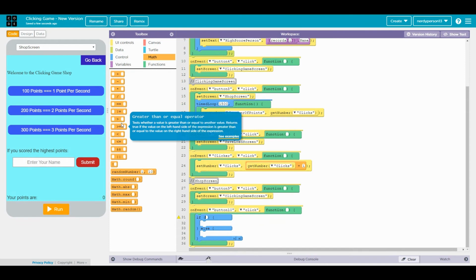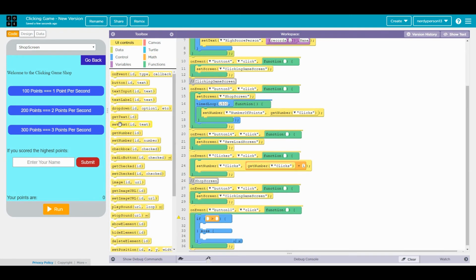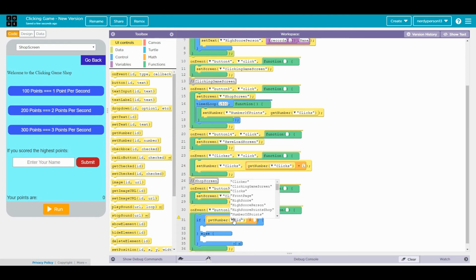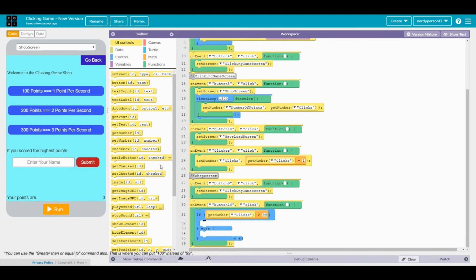So if clicks is greater than 100, then, or actually, if clicks is greater than 99,